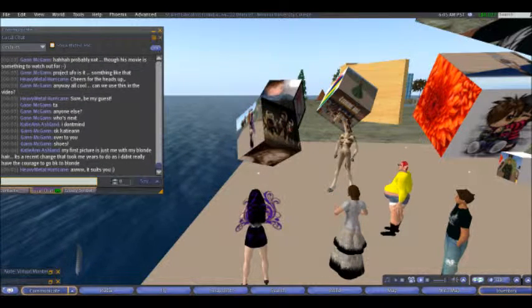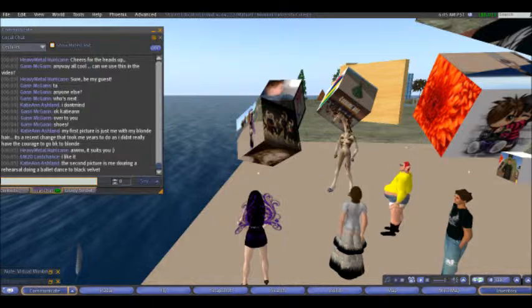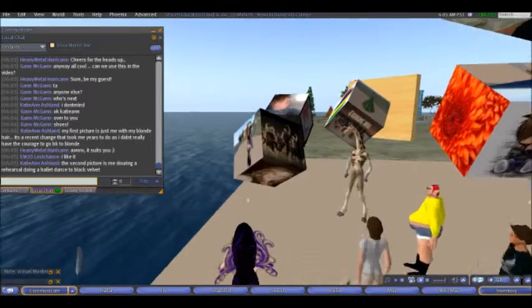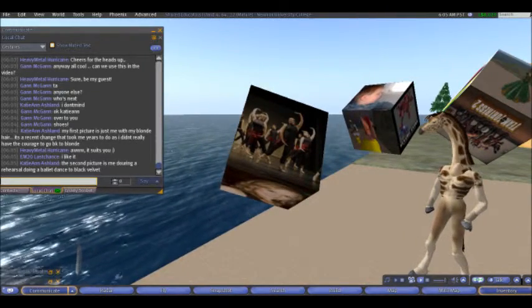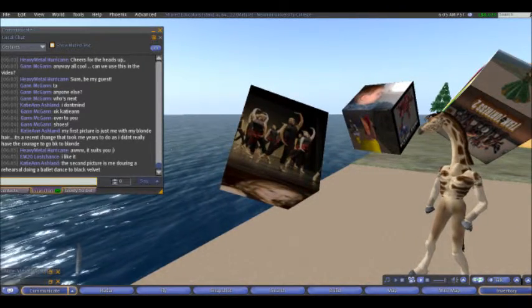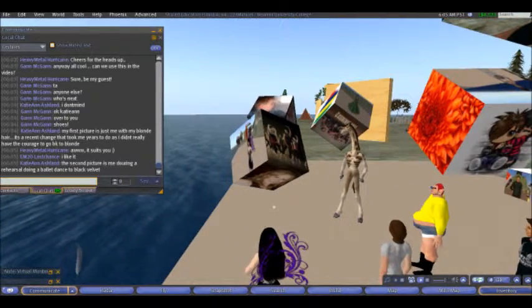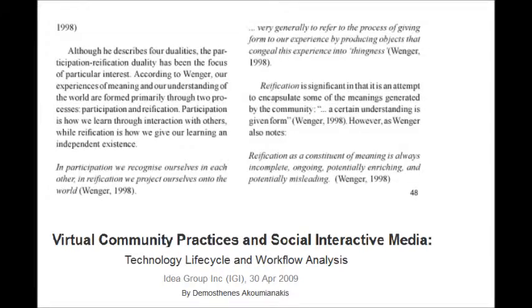reconceptualize, or at least conceptualize, their identity. And this is a process called reification. Reification is a word that's used a lot by Wenger in his communities of practice model. And I've got a sort of a screen grab of a book just to prove that I'm not making this word up. But he talks about thingness, and the thingness of an idea is that so much of the stuff